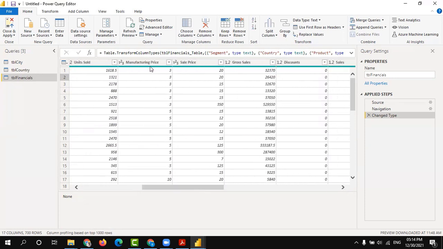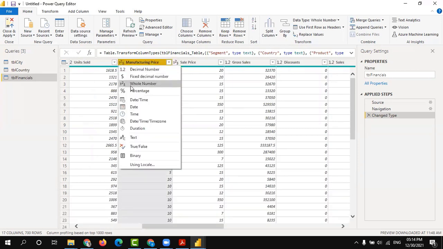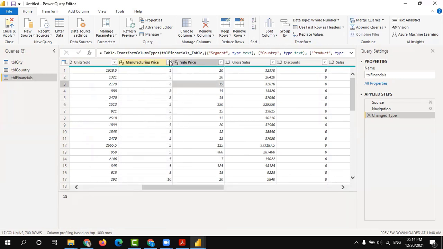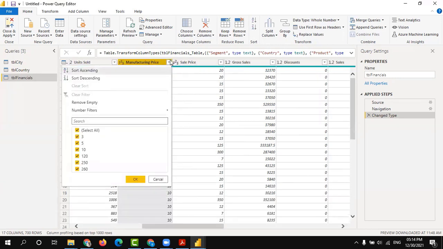And here, if you see manufacturing price, it is identified as a whole number, 1, 2, 3. So here there are no decimal places. When you click this little drop down, you can see all the numbers. There are no decimals at all. These are all whole numbers.